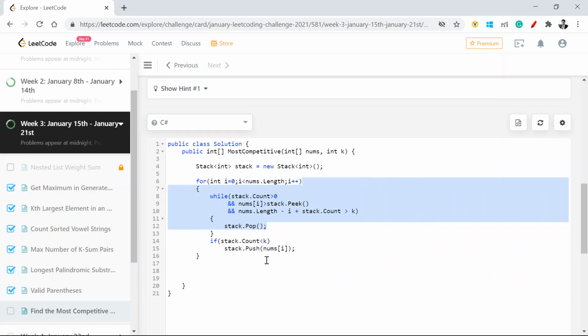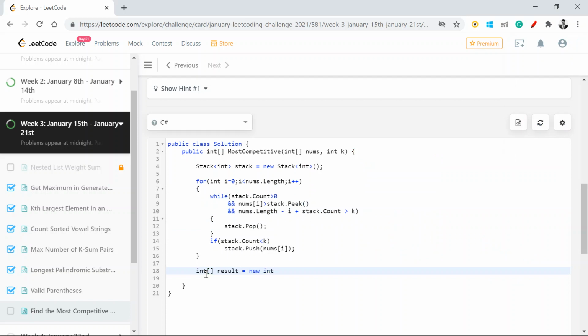So first what we'll do is we'll create an integer array which will be of the size of the return value, and we'll have to extract values from the stack. So we'll say while stack dot count is greater than 0, we'll have to extract the value of it. Int num is equal to stack dot pop, right? Now we need to insert this into the array, right? So my result, say counter is equal to num, right?